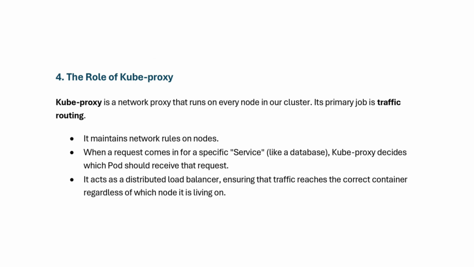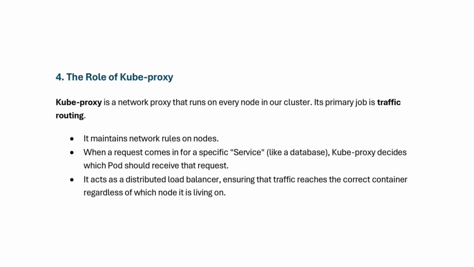Now the role of kube-proxy. Kube-proxy is a network proxy that runs on every node in our cluster. Its primary job is traffic routing. It maintains network rules on nodes. When a request comes in for a specific service, like a database, kube-proxy decides which pod should receive that request. It acts as a distributed load balancer, ensuring that traffic reaches the correct container regardless of which node